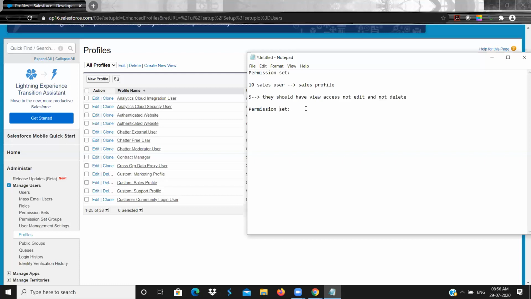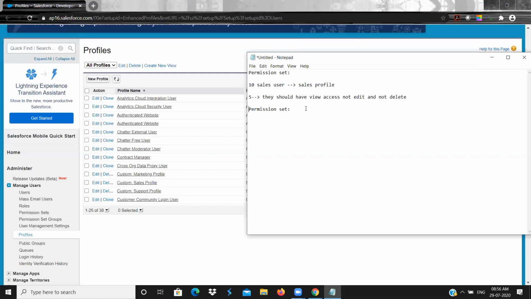In an interview they will ask, what is a permission set? In the same profile, if you want to give any specific access, you go with the permission set. This is an important thing.